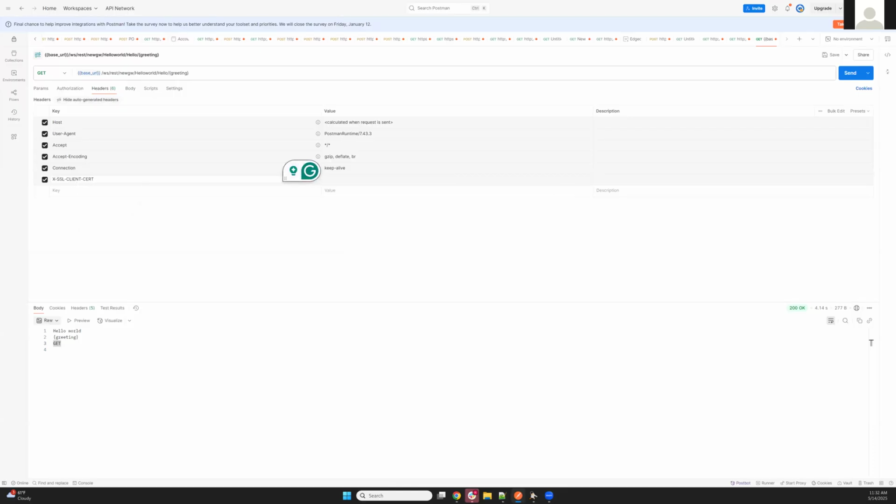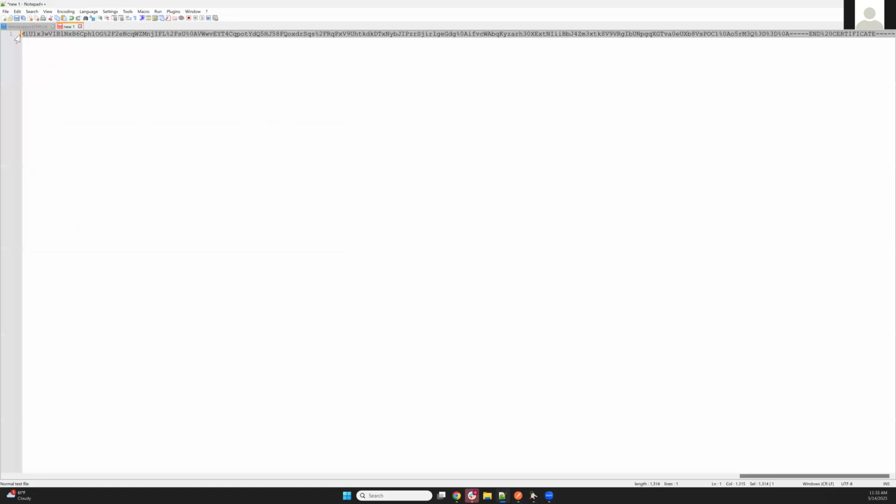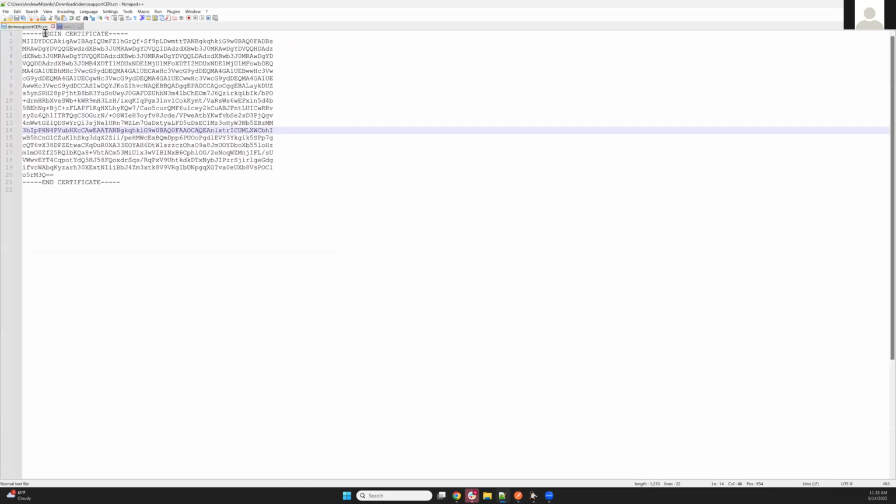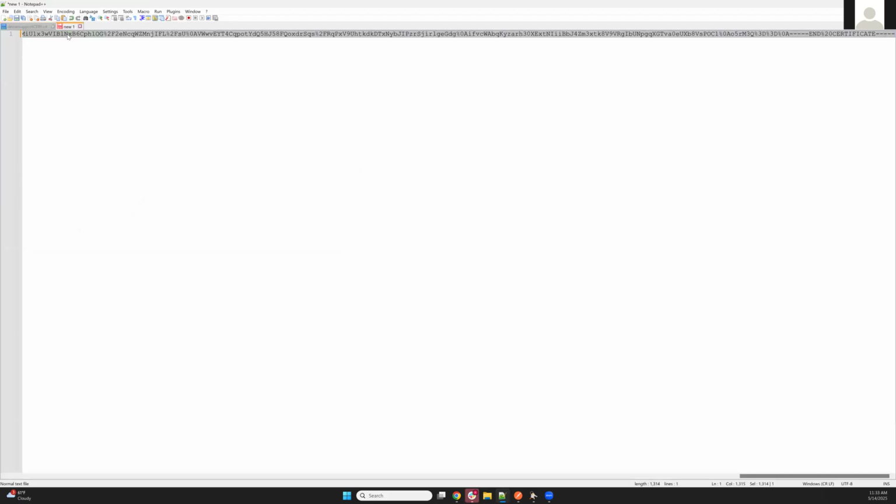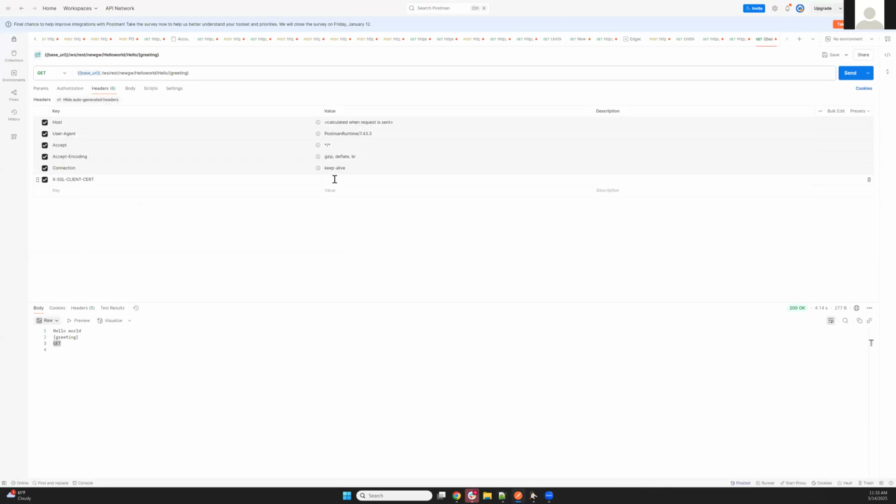Then we'll come back to where we have our certificate stored. We can't use this. Headers don't like new lines and special characters like that. So we have to URL encode it. That's the whole reason we did that. So we can copy our URL encoded value, paste it here, send the request,